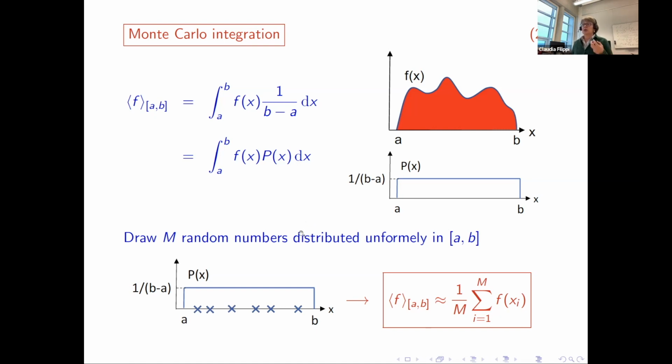And what you can do, you can use a random number generator to get points distributed uniformly in the segment. Okay, so you throw all these points between a and b uniformly, it's flat, there is no structure in this probability density. And then what you do is you take the integral, so f of x, and you just accumulate it over the samples you have taken, and that's an estimate of your integral.